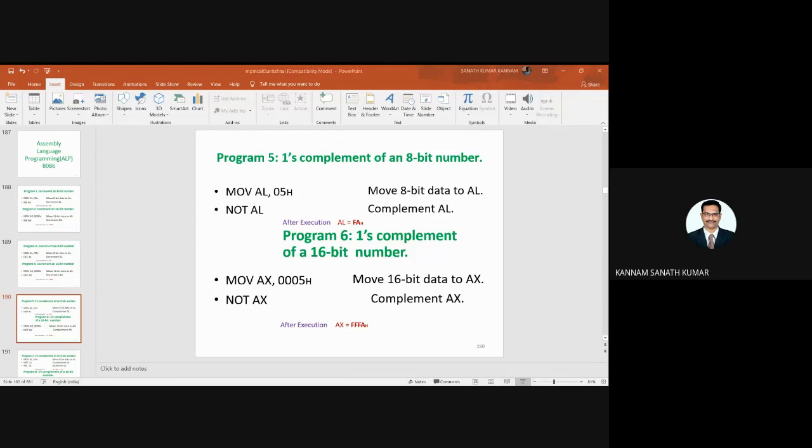So you are complementing. If you convert into binary, you are getting the 16-bit binary number. After converting zeros to ones and ones to zeros, after execution, you will get AX equal to what? FFFAH. That is the ones complement.